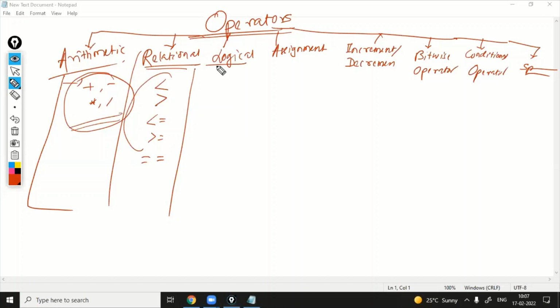The next is logical operators. Logical AND, how to write this, logical OR. Then many other things are there, please find them. There are also logical NOT and the XOR operator. Like this, many operators are there. Please find them. I think you all know that these are the operators available.